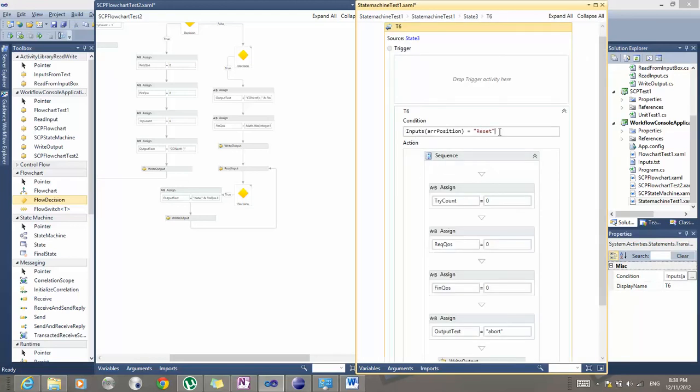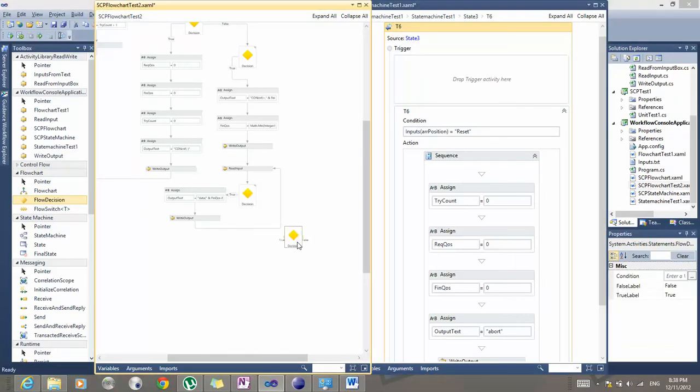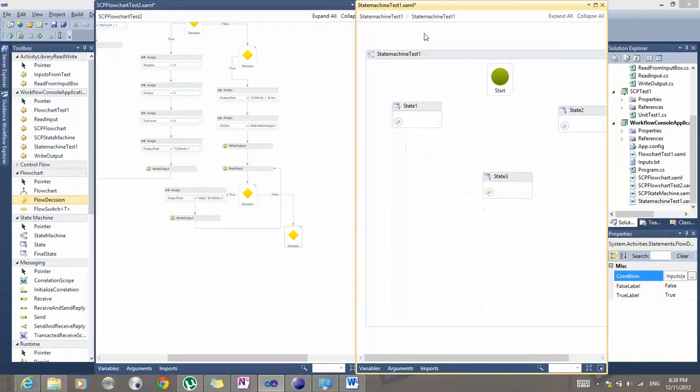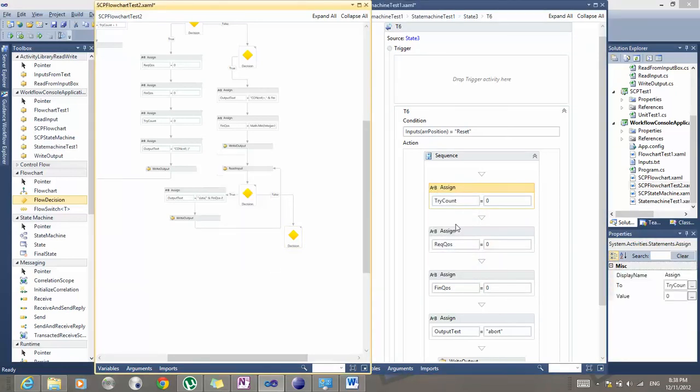This transition is when it is equal to reset. So actually I can directly put false here because I have only two transitions. I can go directly to false and go to the next state, but I would like it to be more precise, so I'll copy this condition and put it in another flow decision in the false state of the first flow decision. So when it doesn't happen, then another condition is required, that it is equal to reset. If it is equal to reset, then a set of actions are performed,